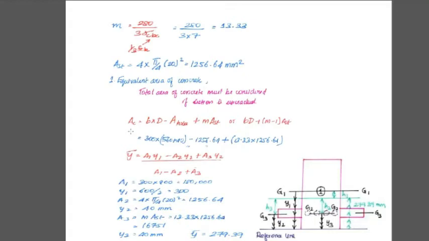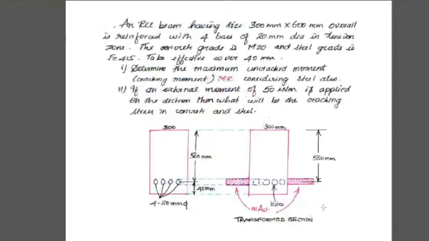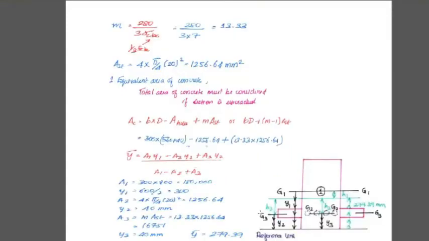And the equivalent area of the concrete, Ac. Here Ac we have to find is the total area. In that we have to subtract these holes, so minus 4 times pi by 4 d square, and addition of this bonding we are giving, m into Ast. So b into d is the total area, minus the area of the holes, plus m into Ast. In short form this becomes bd plus m minus 1 Ast. So substitute all the values, and finally